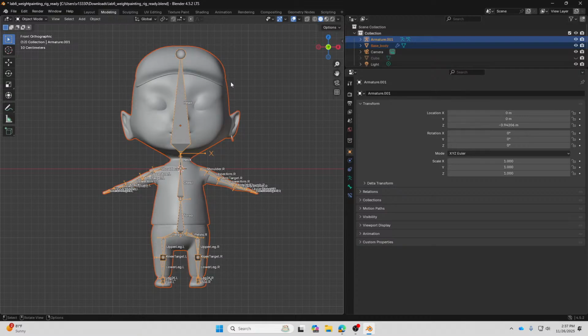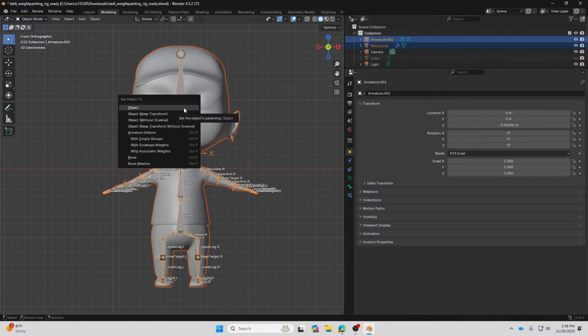All right. So select these two objects together and make sure that you select the latter, which is the armature. When I say select the latter, I mean that when we try to parent these objects together, the armature should be the parent of the body. All right, and we press Ctrl P. And now you're going to see that there's an option called With Empty Groups.